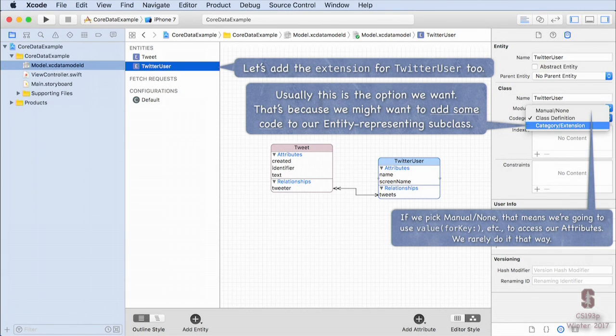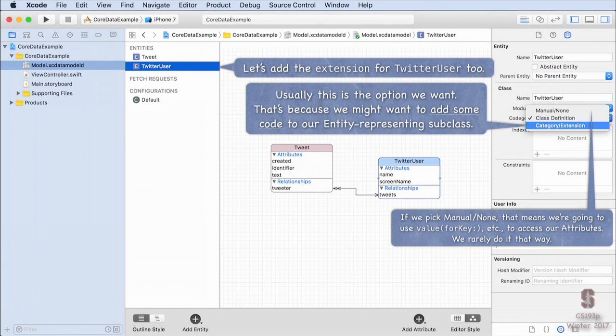Because a lot of times for our tweet or Twitter user, we want to add our own code. Imagine you wanted to add a static method that took data from Twitter and turned it into a tweet in the database. Where would you put that code? Well, a great place to put it would be in a tweet class, if there were such a thing. And so you're, in fact, going to create such a thing. And the extension is going to handle all the var business for you.